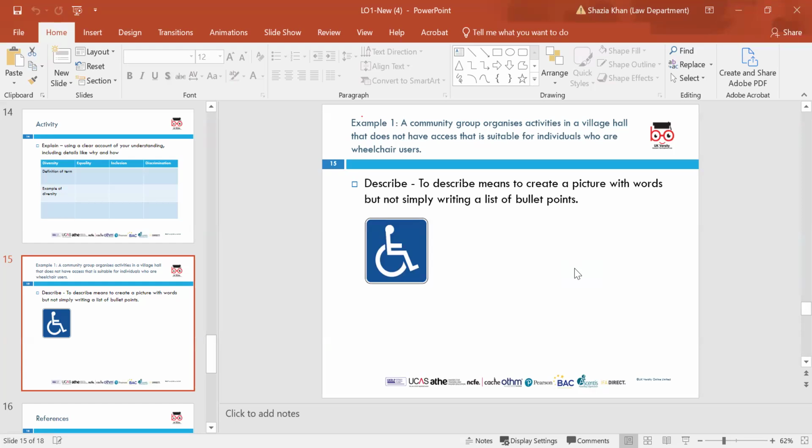So this is a form of discrimination because they've got no access. For wheelchair users, they need to make sure that they have access, so they're able to